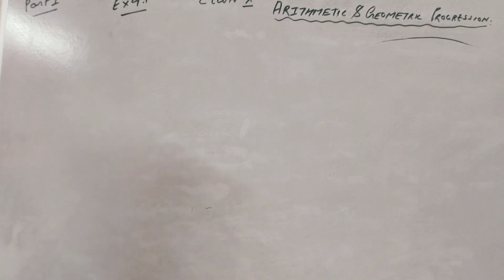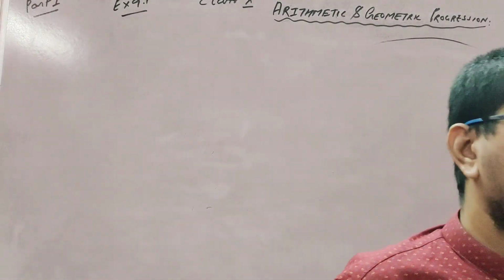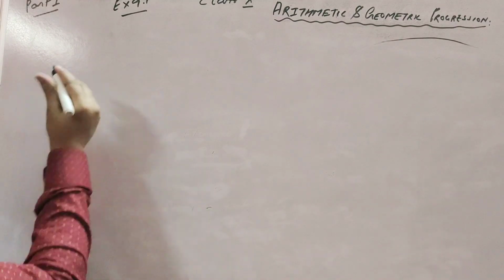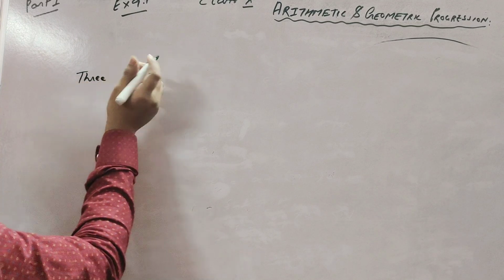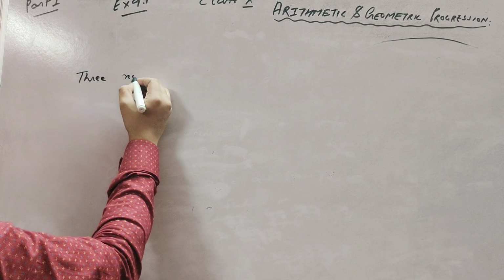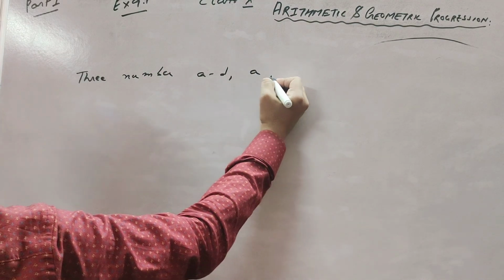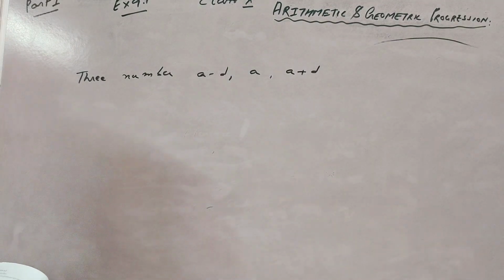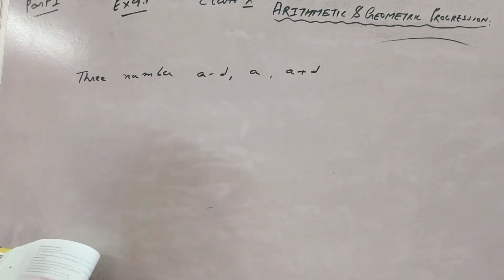And one more thing you note: suppose no numbers are given, and you have to find out the numbers and what kind of AP. Whenever you take an AP, what three numbers are taken? If you are taking any numbers in AP, you always take three numbers as A minus D, A, A plus D. This is the way to take any AP. You let X with the number, let Y with the number. So any three numbers you take in the AP, this is the form: A minus D, A and A plus D.